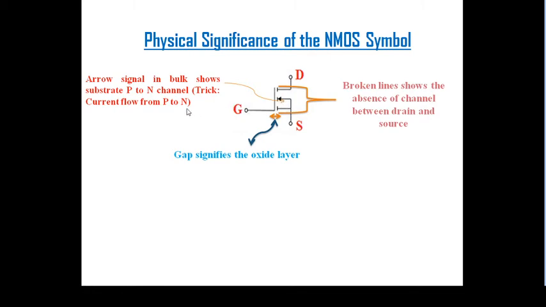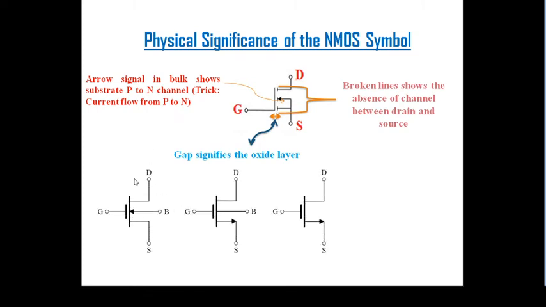So these are the three things, or in general it can also be signified with this type of diagram. But this one is the very good one. If an interviewer asks you to draw the NMOS symbol, you just draw this one. This is very basic, fundamental and more accurate in comparison to these two, but in general we write or draw it like that.